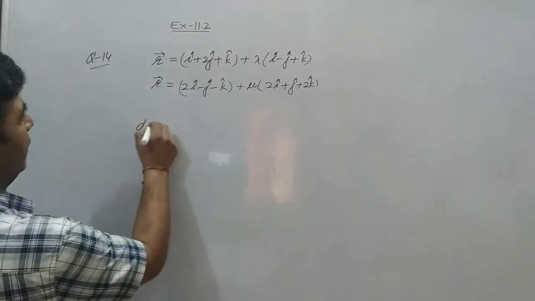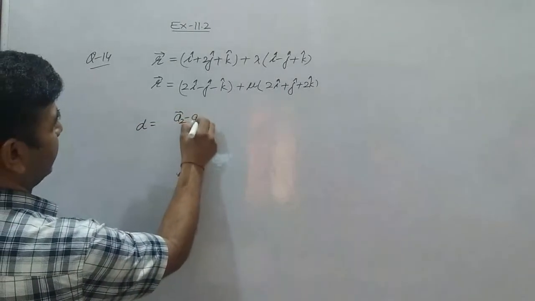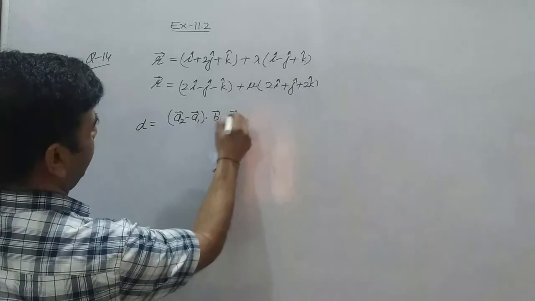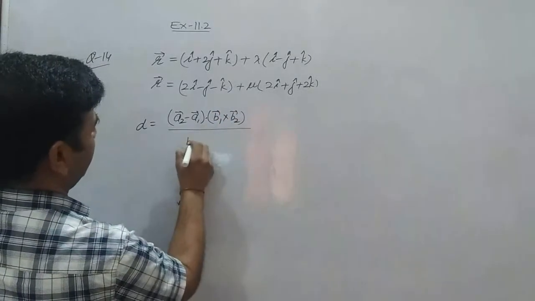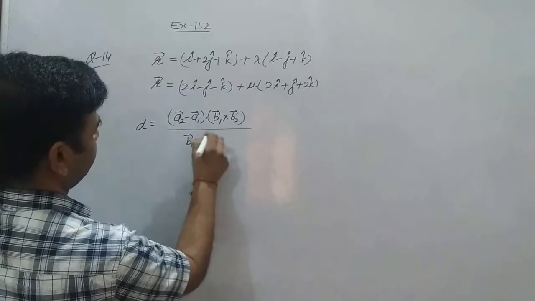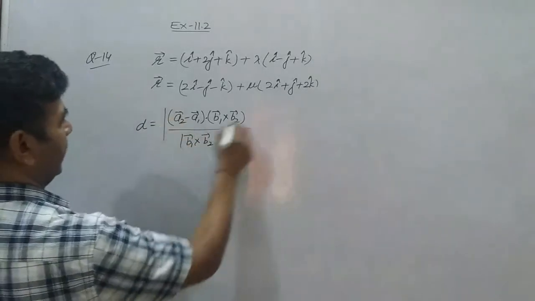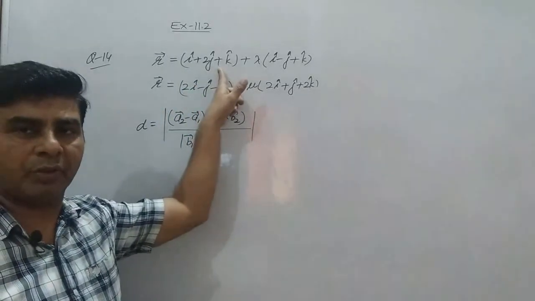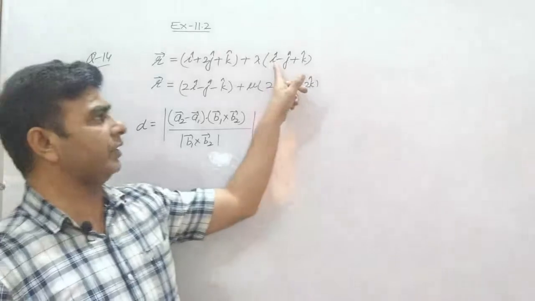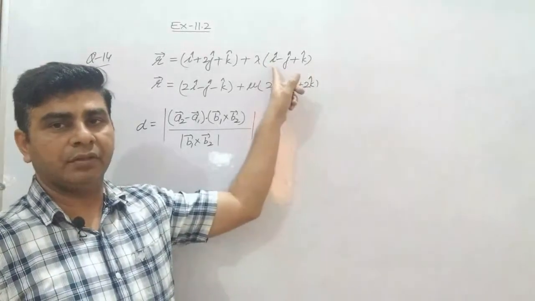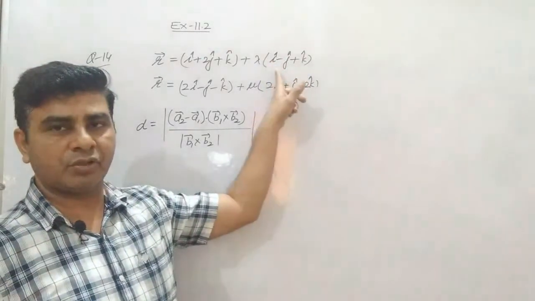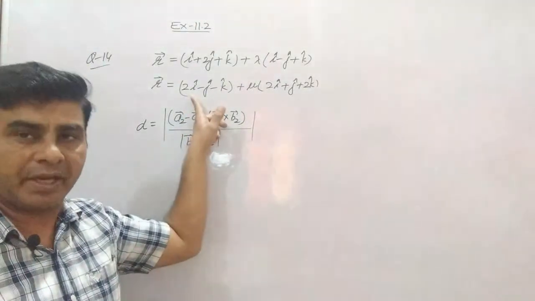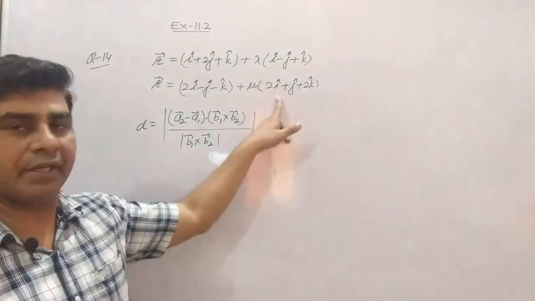D is given by a2 vector minus a1 vector dot b1 vector cross b2 vector upon b1 cross b2 magnitude, and whole magnitude as well. So where a1 vector is the position vector of the point through which the first line passes, b1 vector is the direction ratio of the first line, a2 vector is the position vector of the point through which the second line is passing,